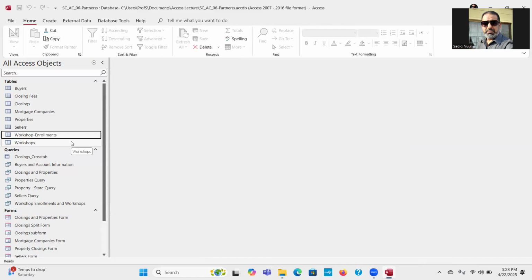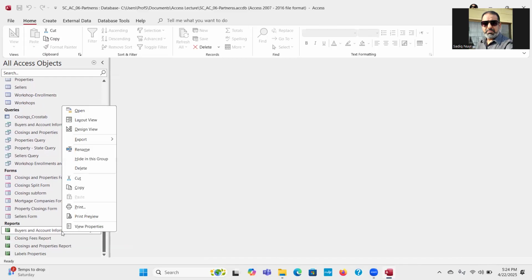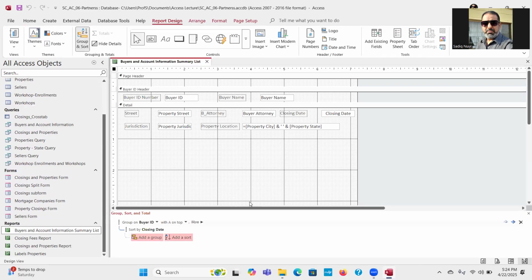Now, what we need is to group the control. Why do we need to group the control? If your report contains a collection of controls that you will frequently want to format in the same way, you can simplify the process of selecting all the controls by grouping them. So what we need to do in this case, I will open the report again. So I will do right click and design. All right. So what we need in this case,